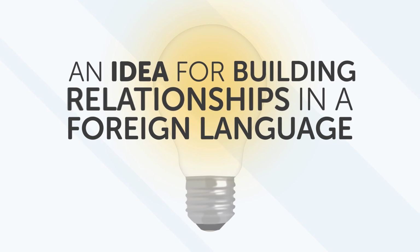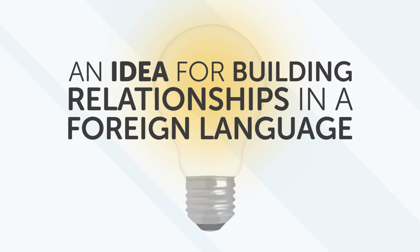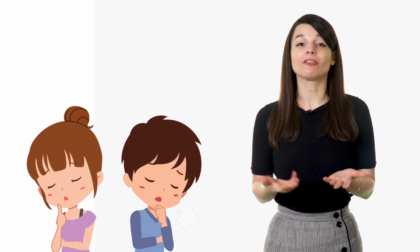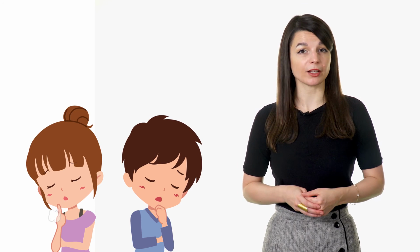An idea for building relationships in a foreign language. Make games out of getting to know one another. Sometimes, opening up in any new friendship or partnership can be hard. Add in the added struggle of a new language, and it can feel impossible to share your true feelings with others. So instead of trying to take first interactions so seriously and talking about the usual things like the weather